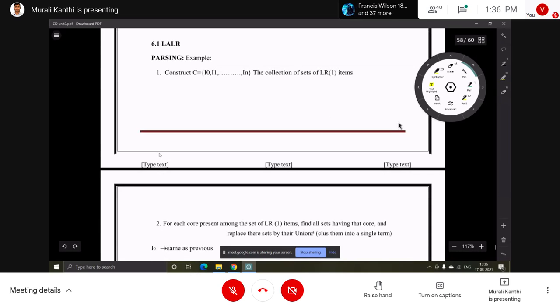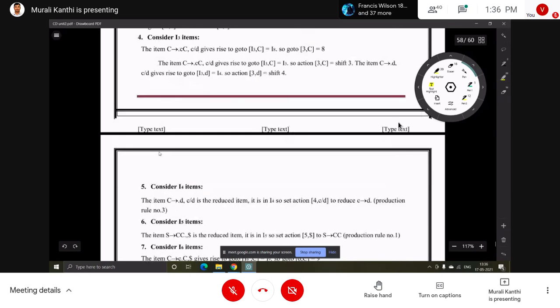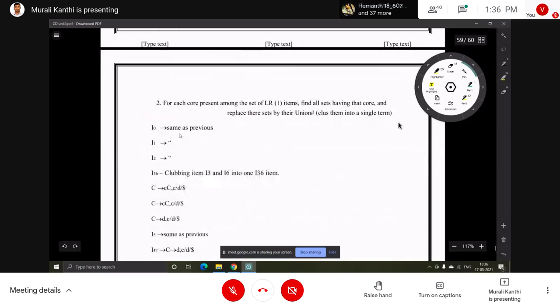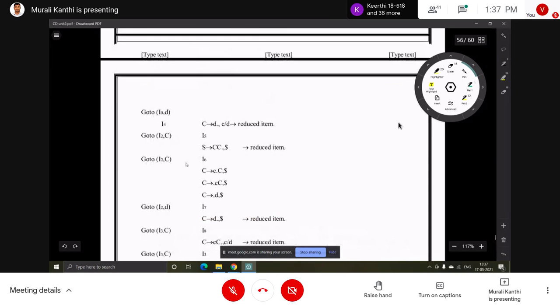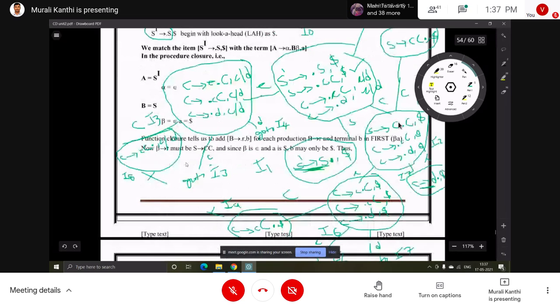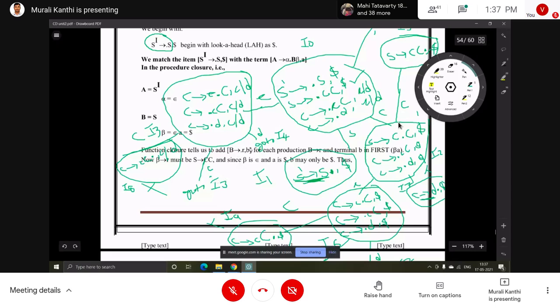Here I0 is the same process as what we did previously in CLR. I1 is also the same, I2 also, but look at I3 and I6.